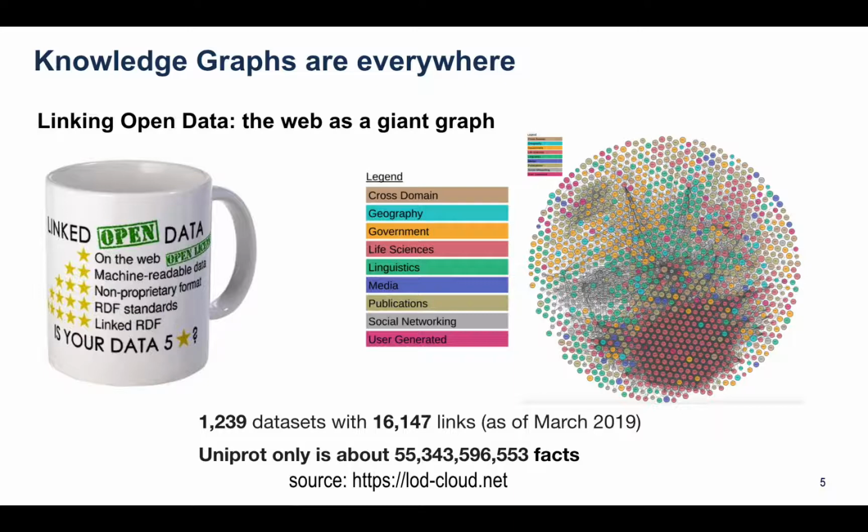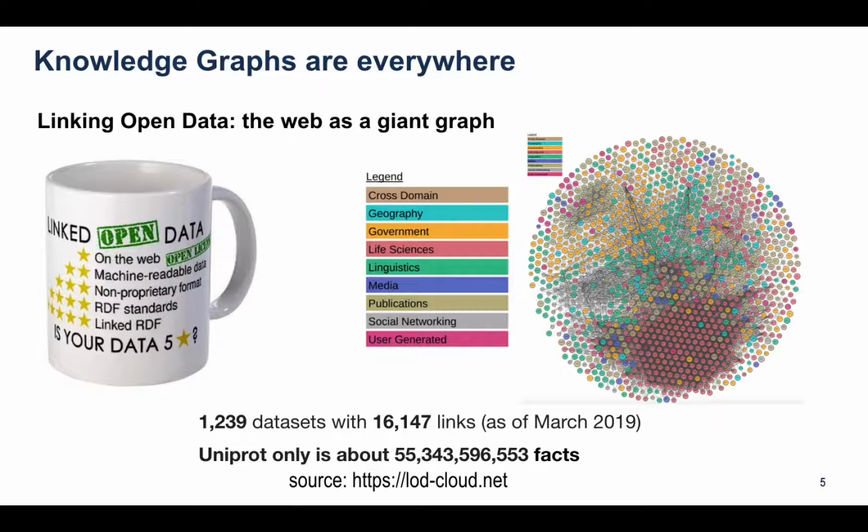Because of that, the web just turned now into a giant graph, thanks to this much data that is exposed in a machine readable way. So this movement is called linked open data. So the web became a giant graph because of 5 characteristics of this way of organizing and sharing data in